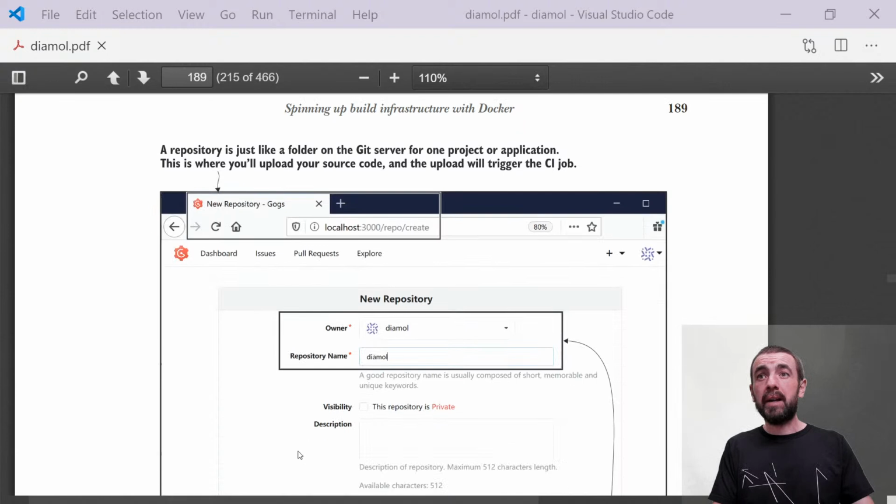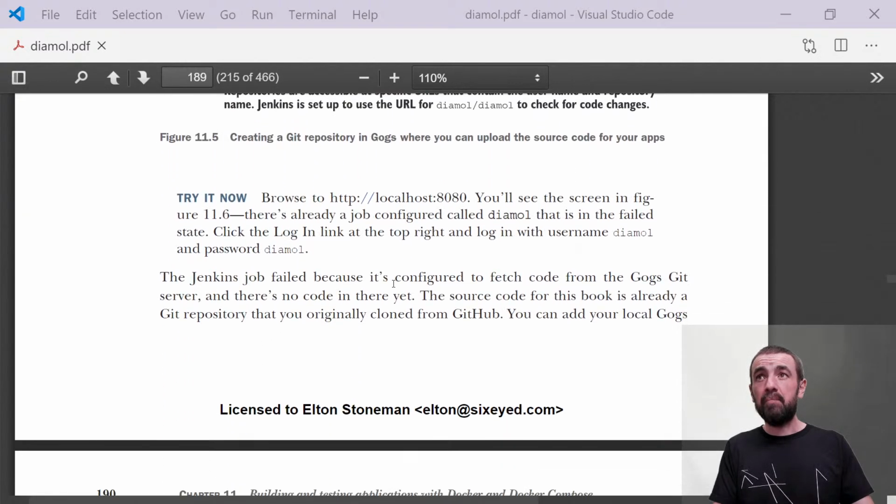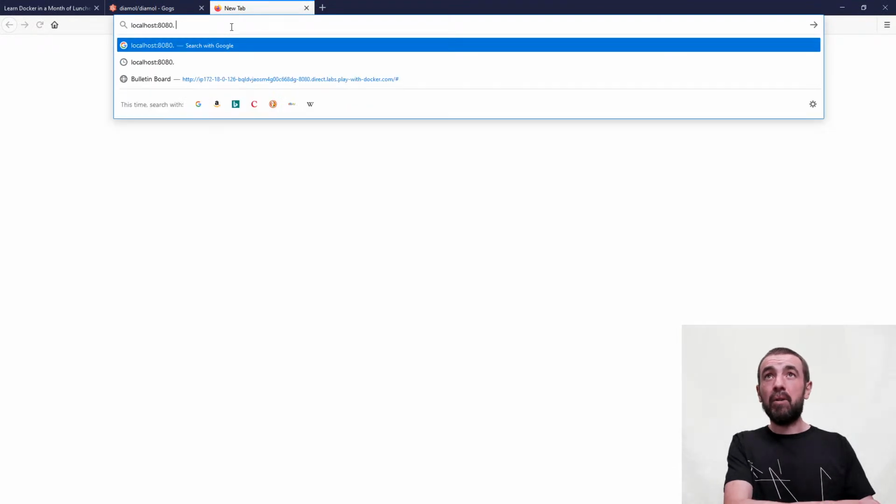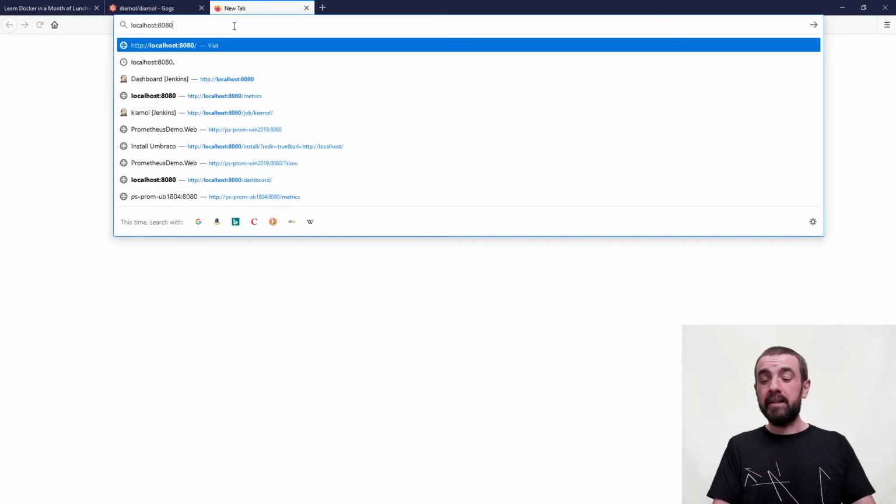Okay, so if I go and look, that's my repository set up. If I now go and look at Jenkins, and again, the user's already created, username DIAMOL and password DIAMOL. I typed in DIAMOL the other day without putting the .NET on the end, and it's some sort of